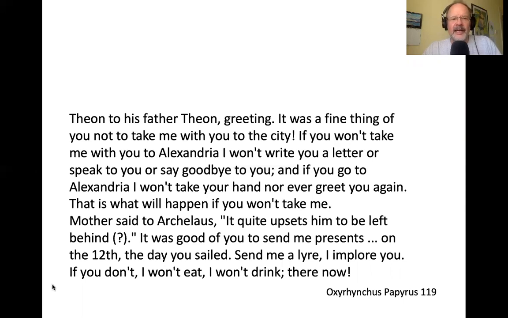By the way, at any time, you can stop and you can simply read these letters again for yourself. So these are good ancient examples. Why are we looking at these? We look at these before we look at Paul's letters to see how they are the same as other ancient 1st century letters and how they're different.